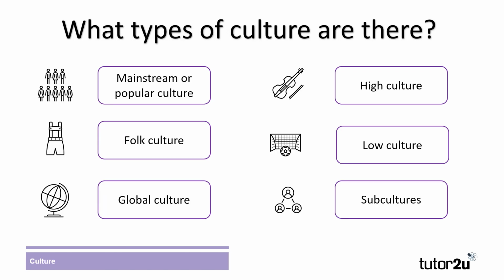There are many different types of culture that sociologists discuss. The most common form of culture referred to when people discuss culture is mainstream or popular culture. This is the way of life of the majority of the population, and often when discussing society's norms and values, it's mainstream culture they're referring to. It's often reflected in the fashions that people wear, the trends in film, food and music that are most popular, and the language spoken by the majority of the population.